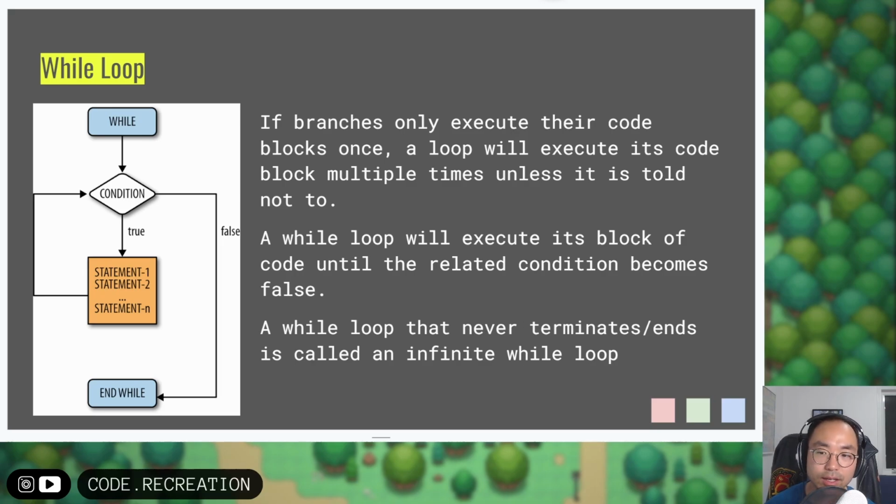And then when that is done, it goes back up to the top where the condition started, rechecks the condition, and it goes over again if it was still true. And once the condition is false, it will continue on with the program. So that's how a while loop works. It's like an if statement where it gets to repeat its block of code as long as the condition stays true. As soon as that condition turns false after the block of code was executed, then you continue on with the program. And there is a term for a while loop that never terminates or ends,